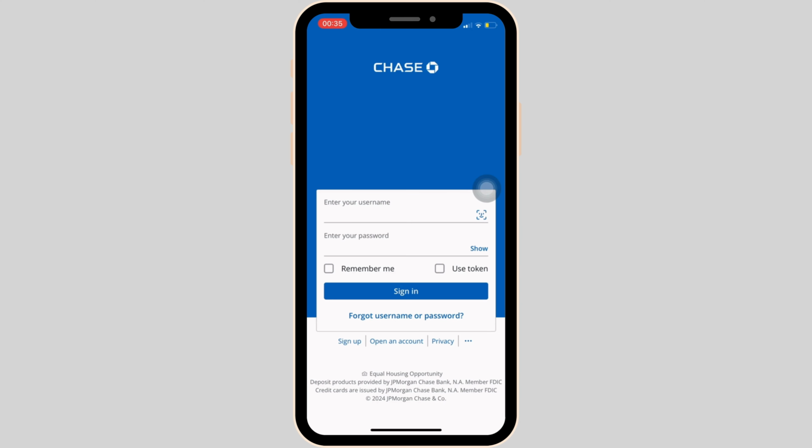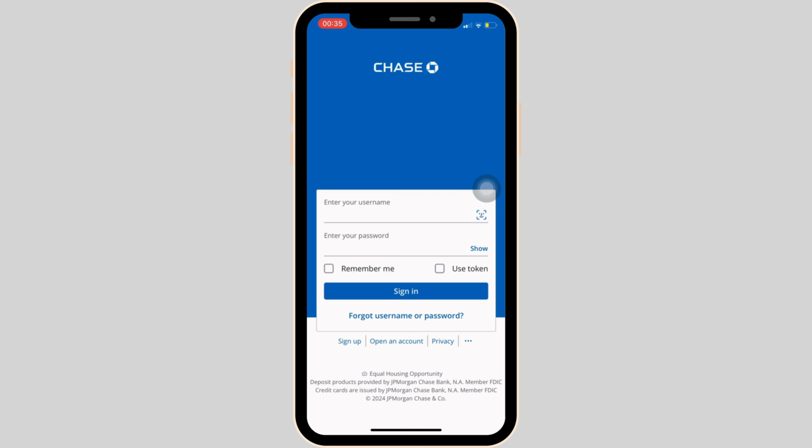Once you have been logged into your account, what you want to do is head over to your settings and then enter your debit card. Once you have entered the debit card, you will be able to purchase anything and also view the detailed information of your card. In order to view your debit card number, what you want to do is